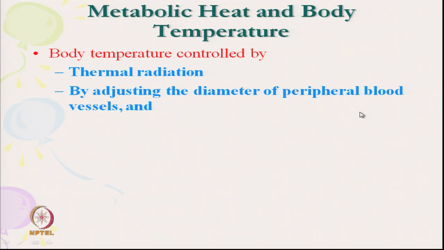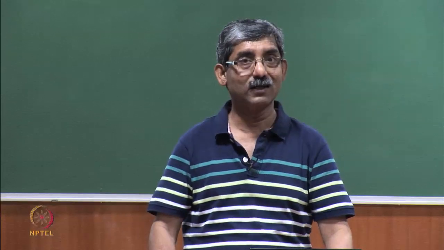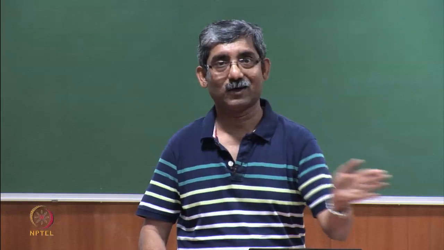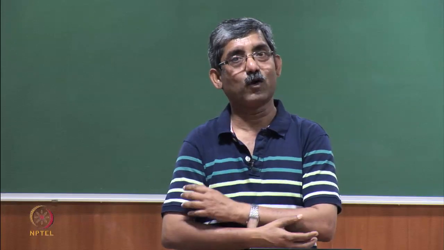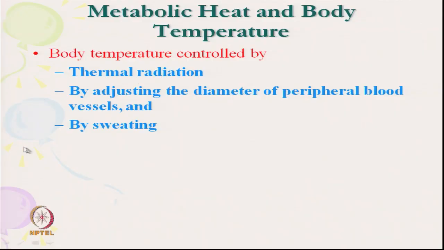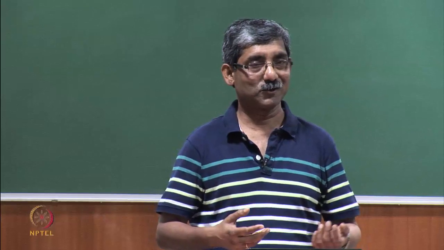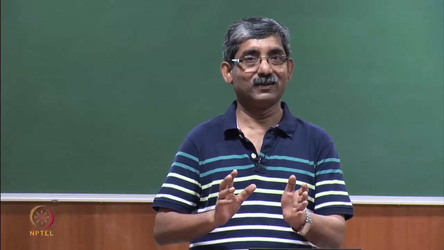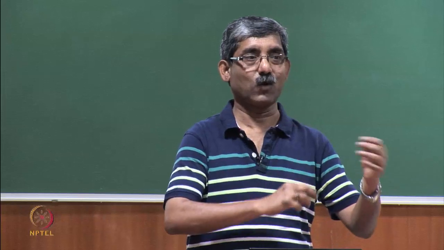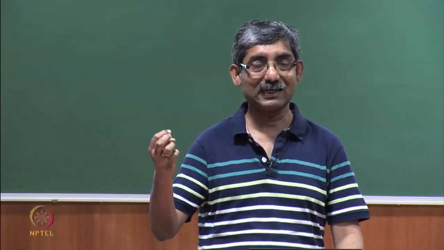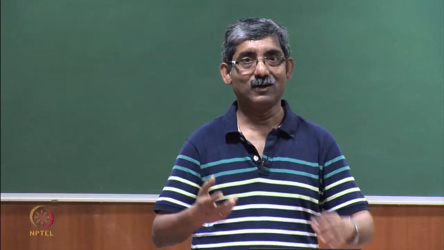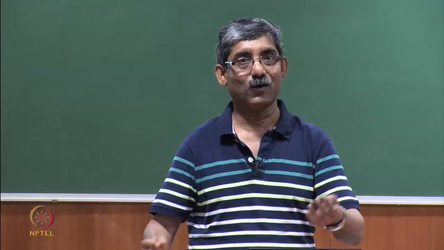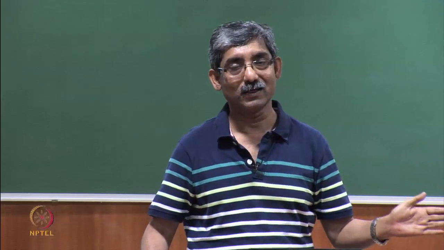So, that we will discuss, like vasoconstriction or vasodilation. By changing the diameter of the blood vessel, it controls the flow rate of blood. Accordingly, our body temperature is controlled by sweating. When our body gets heated up, our physiological activity automatically starts working, our sweat glands get activated and we start sweating. By sweating we release body heat.